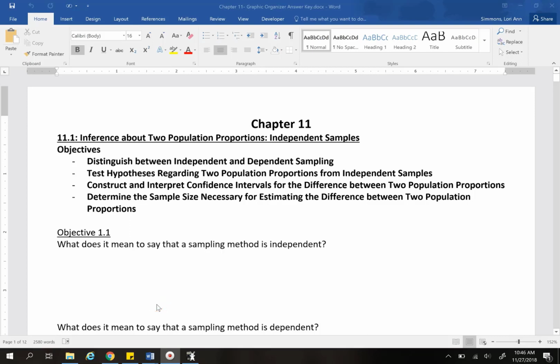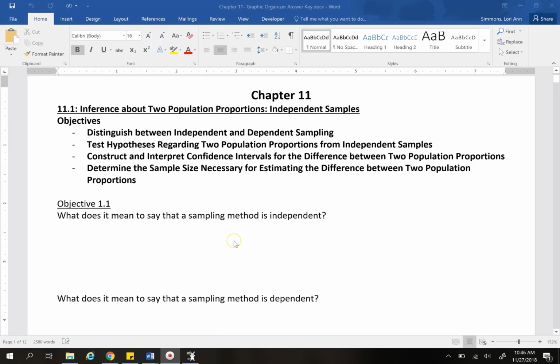Lesson 11.1, Inference about two population proportions for independent samples. For Chapter 9 and Chapter 10, we talked about one population, and in Chapters 11 and 12, we will talk about two populations. The objectives for this lesson is to be able to distinguish between independent and dependent sampling,